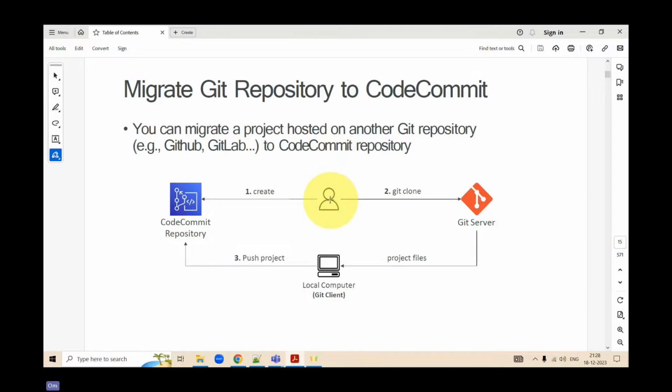If this is a user, first he or she creates a code repository. Second, he clones that Git server. Now that Git server has the project files that are there locally, using which it is going to push them into your CodeCommit repository. Clear?